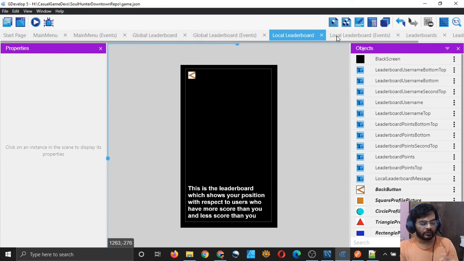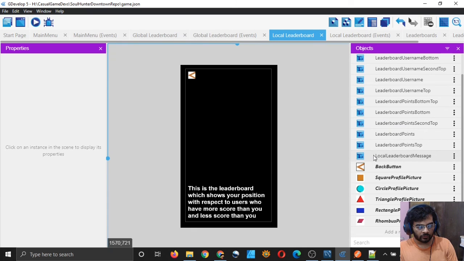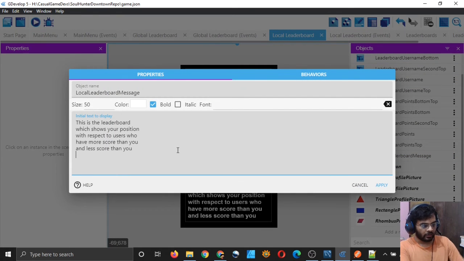Okay, yeah, I guess if something does not exist, you can simply not create it. But I think that will be too cumbersome, right? So what I will do is choose the go to local leaderboard message and write a little message here. 0 means username, 0 means there is no one at that position. That's it.